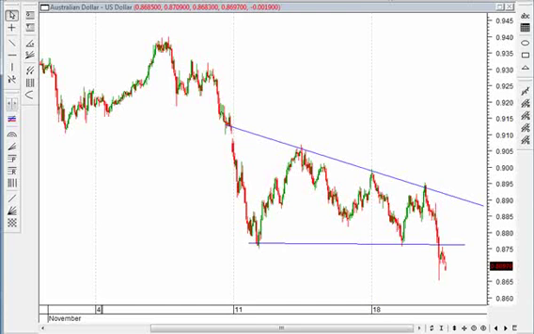Now, on this example with the Aussie dollar, you see an example of what I was talking about when we were looking at the diagrams of the price patterns, and that is a retracement and test of this level. It broke down through the level of support, and then it turned around, came back up to it, tested it just to make sure that that level was going to hold steady, and then it turned around and is continuing lower. Now, why do I show you this? It's already broken out, and you're saying, well, okay, I already missed this trade. Well, as we've been talking about this and setting our projections,